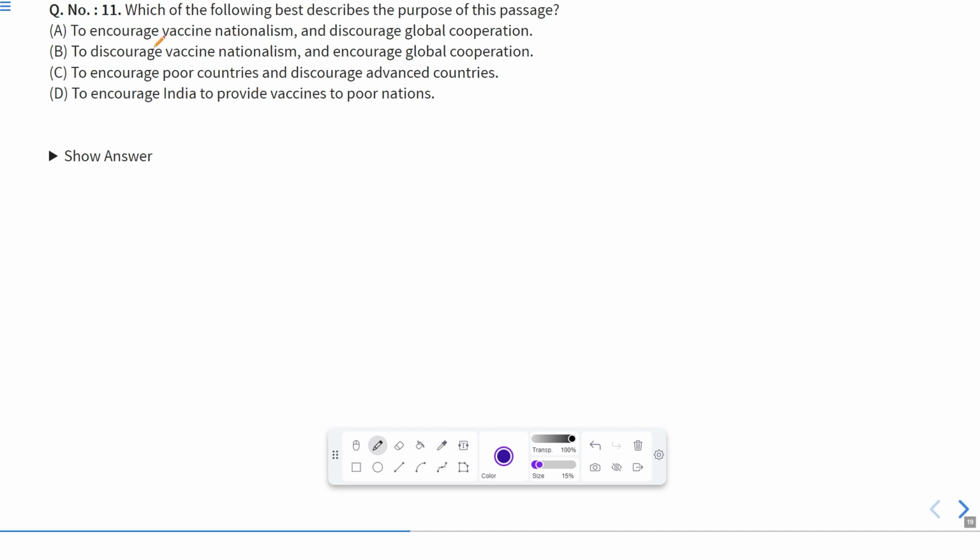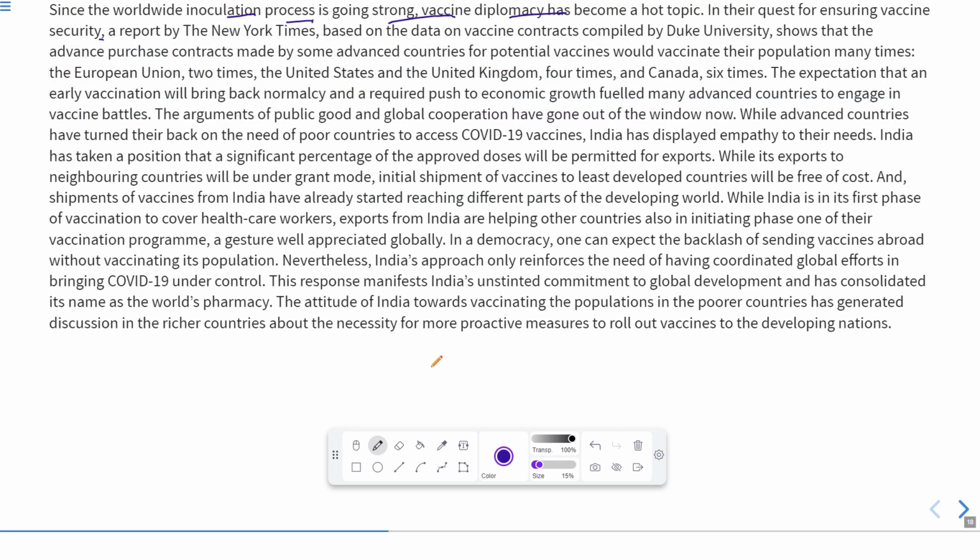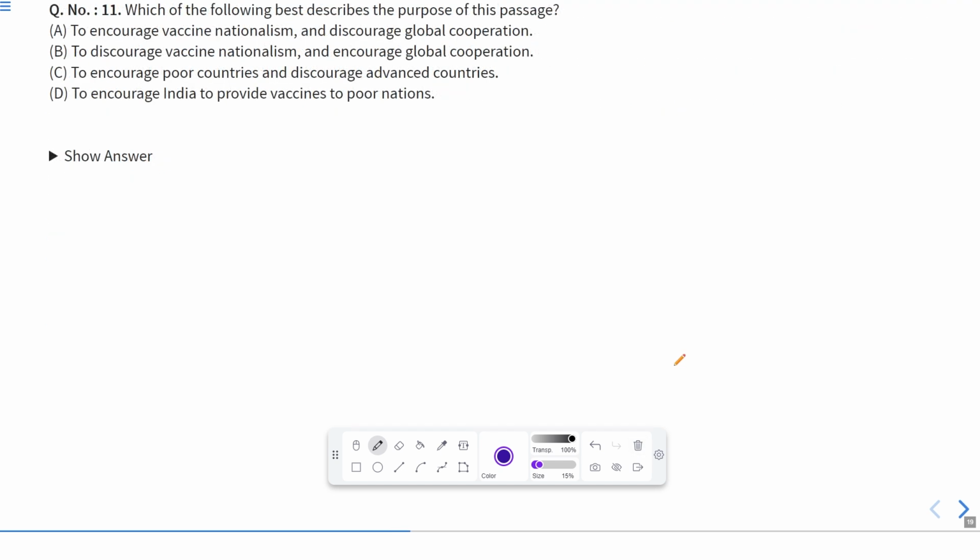The first one is, which of the following best describes the purpose of this passage? A: To encourage vaccine nationalism and discourage global cooperation. Now, if you see the passage, is it encouraging nationalism and discouraging global cooperation? No. If you see this line, India's approach only reinforces the need of having coordinated global efforts in bringing COVID-19 under control. And also, it did not show nationalism. Nationalism means one is loyal to his own country only,